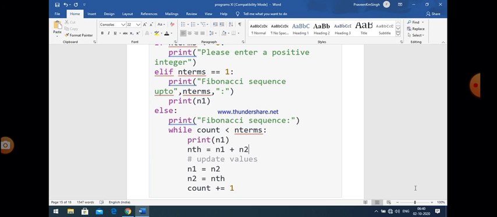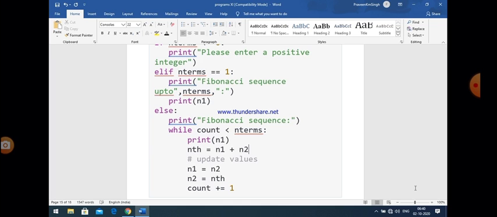and this loop will be executed up to the nth terms. So now we are capable of finding the Fibonacci series up to nth term using this code. In this code there are basically two things. First, we have to calculate the nth term using the statement nth is equal to n1 plus n2, and after that we swap the values, because we want the sum of its previous two values. So now n1 becomes n2 and n2 becomes nth, and there is an increment of the value of count. Only after that we are capable of executing the loop again.